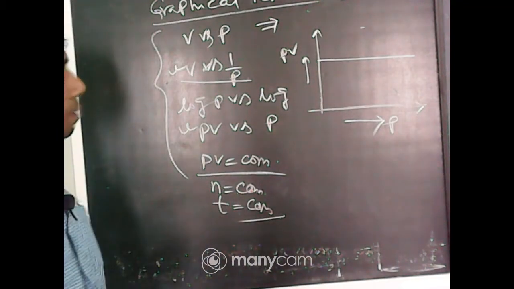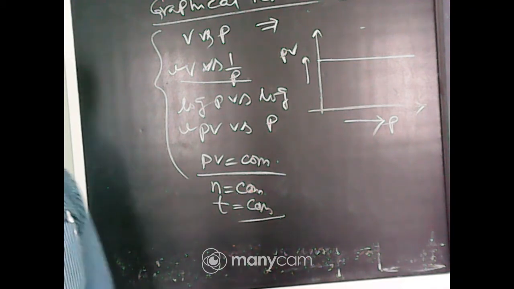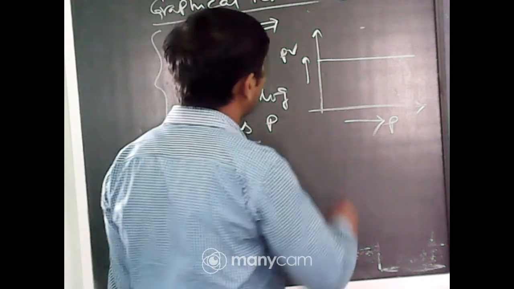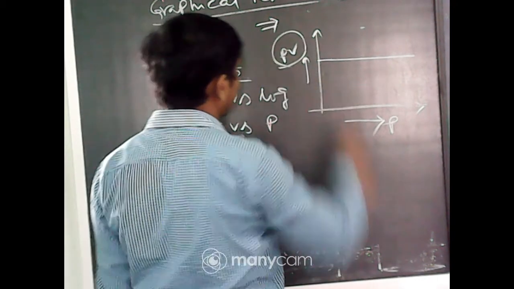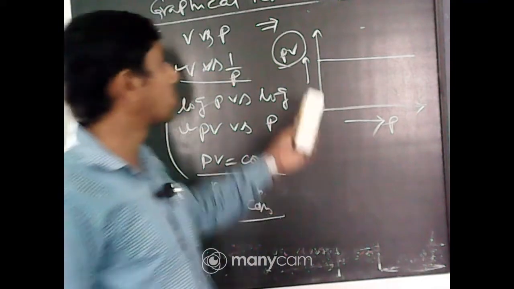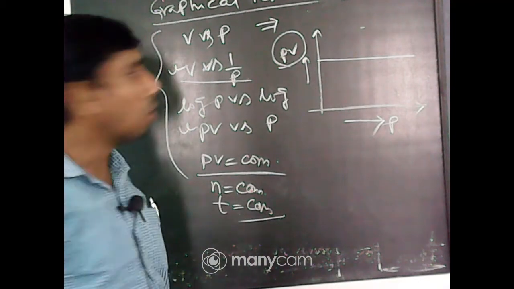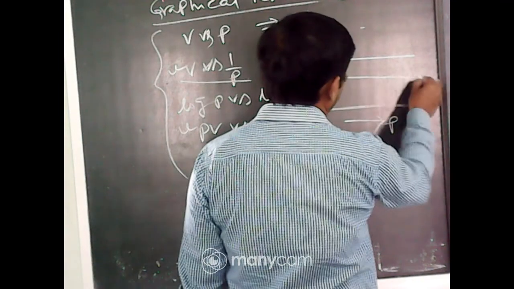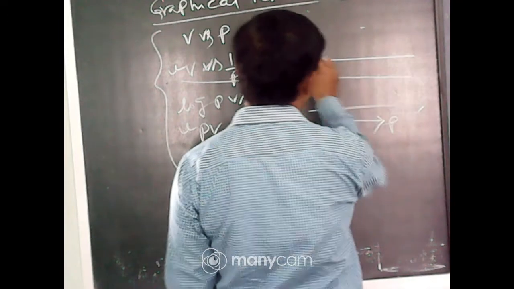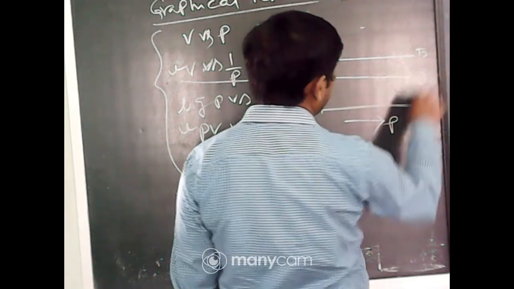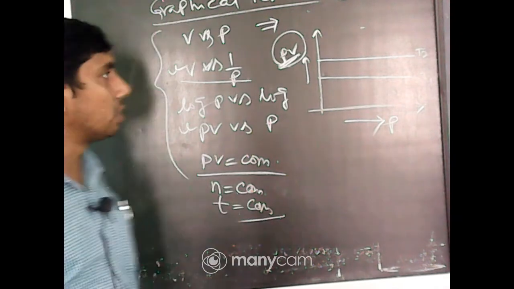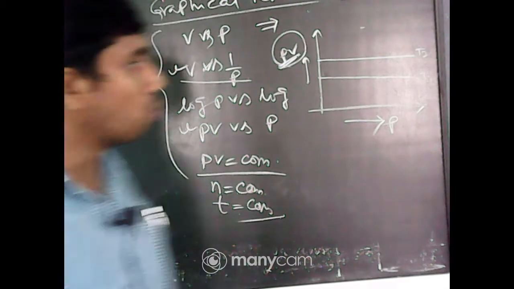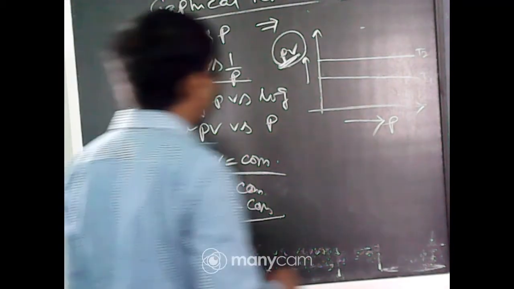This is the PV versus P line, and at different temperature, the overall value of PV will increase, which we have seen in the last plot. Okay. So, as the PV value is increased, we will get a straight line, but at high temperature, it is at T2, it is at T1, where T2 is greater than T1. So, these are the PV versus P plots which come from Boyle's rule. Okay. Clear?